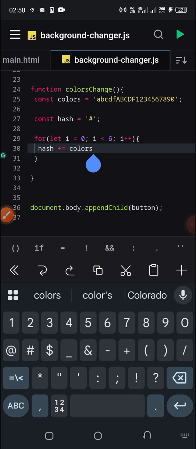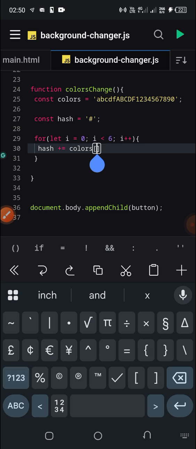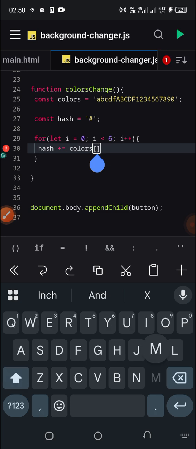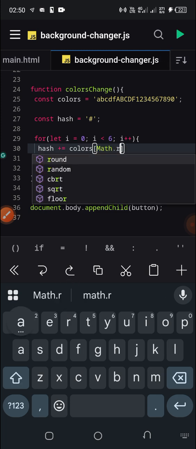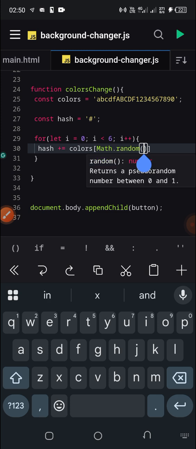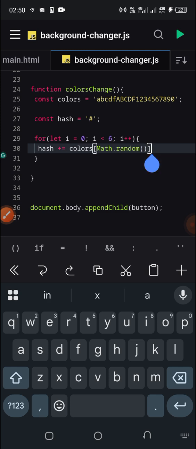Since this color is now an array, I'm just going to put an array and use math.random. You're going to use math.random, and we are going to times